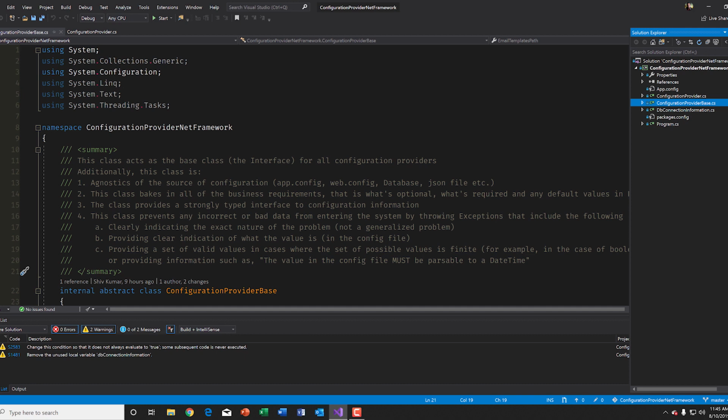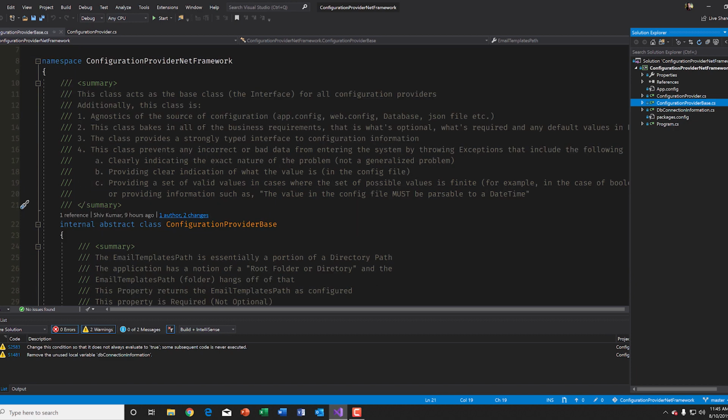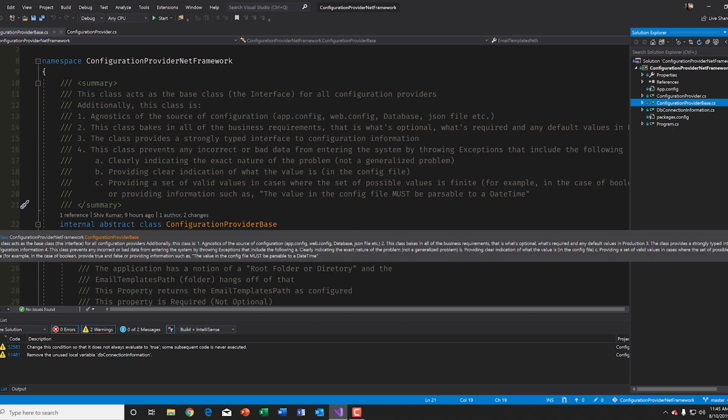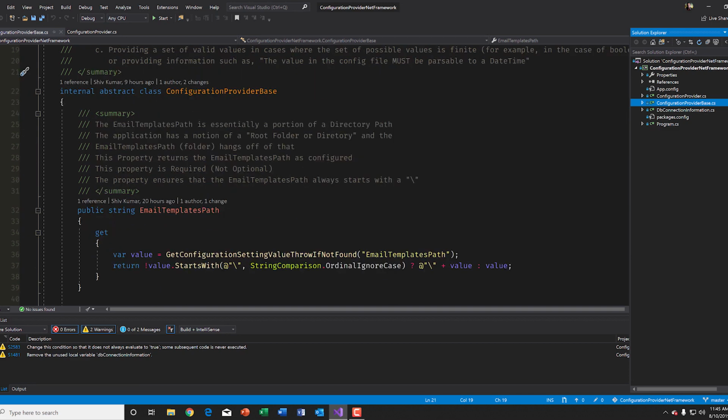I've listed out the roles and responsibilities here. You can read that again. Essentially, this is the base class. It's an abstract base class. And every method and every property here has been described as to its intention and purpose, so